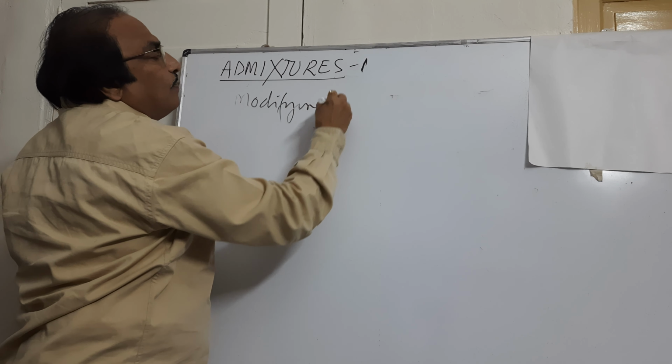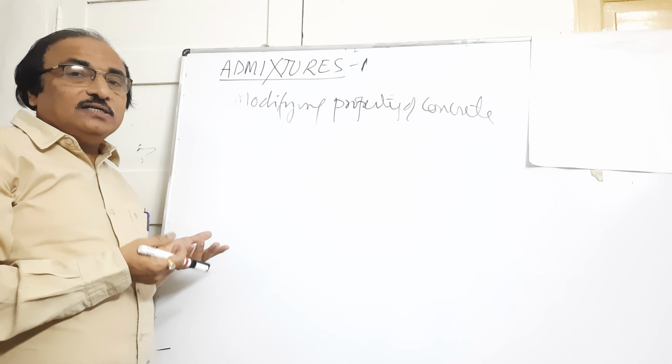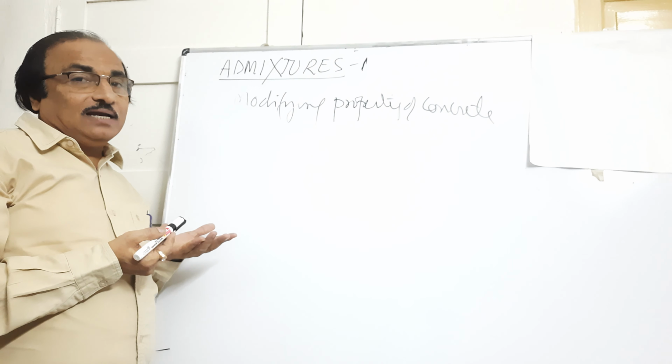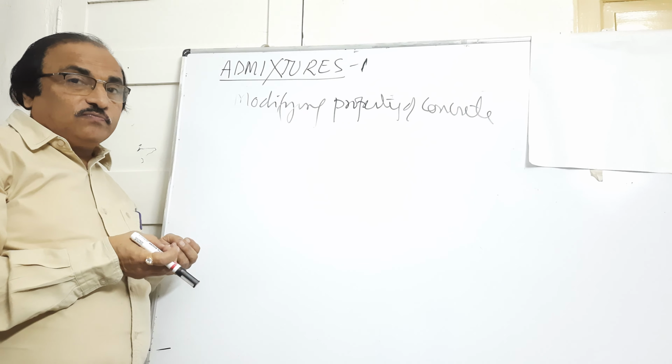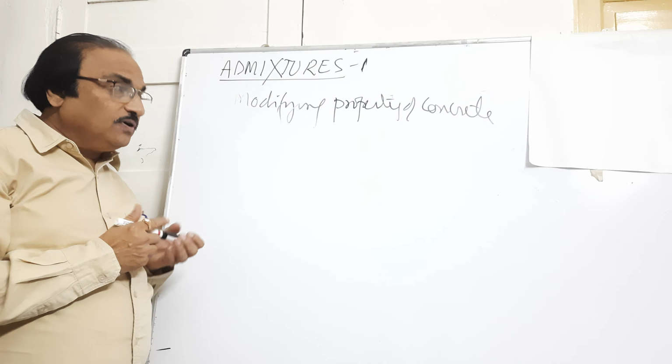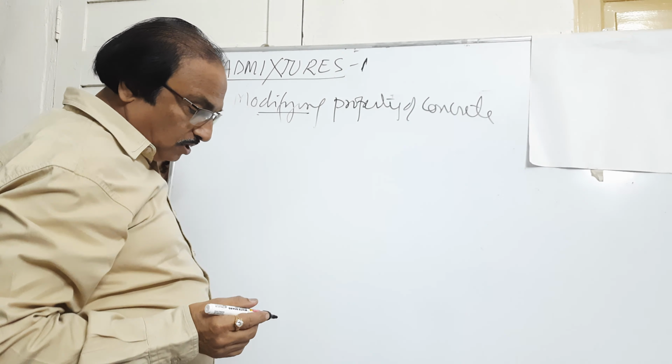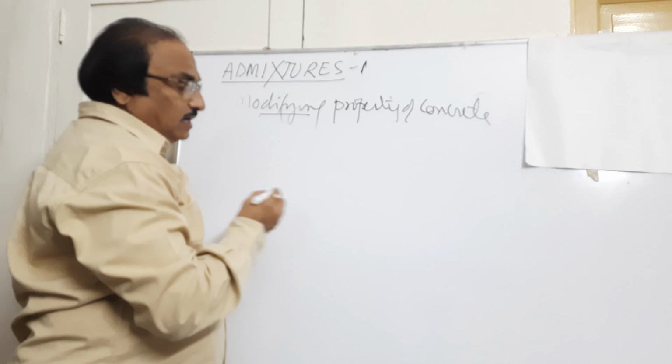See, property of the concrete in the sense, if I want to change the workability or increase the workability without increasing the water content, or if I want to have high strength, I have to reduce water. So we add this admixture so that we can get the required workability and the strength of the concrete. In addition to that, there are many other purposes for which we are using these admixtures. So for the purpose we want different types of concrete.